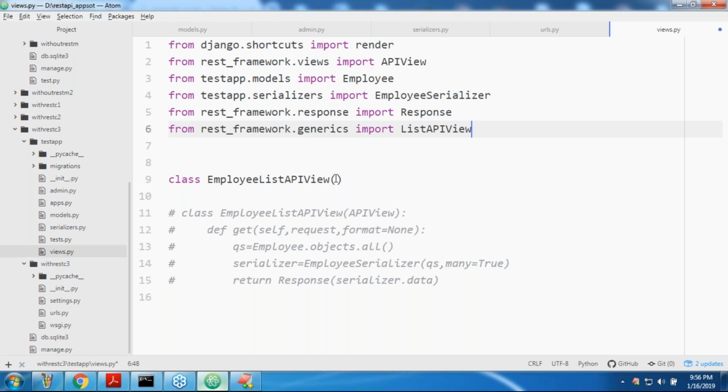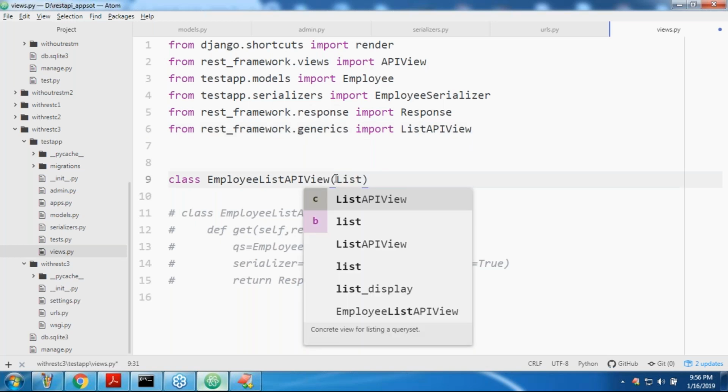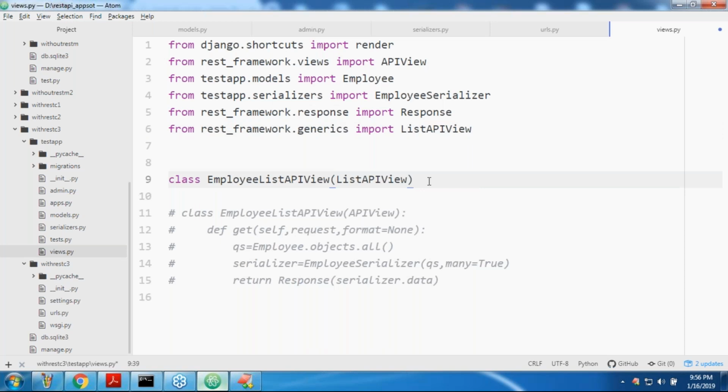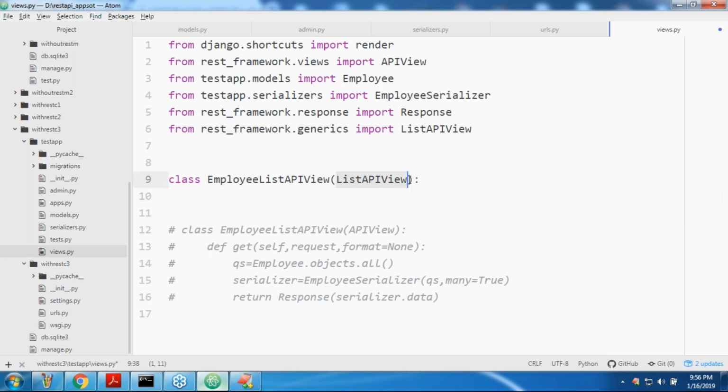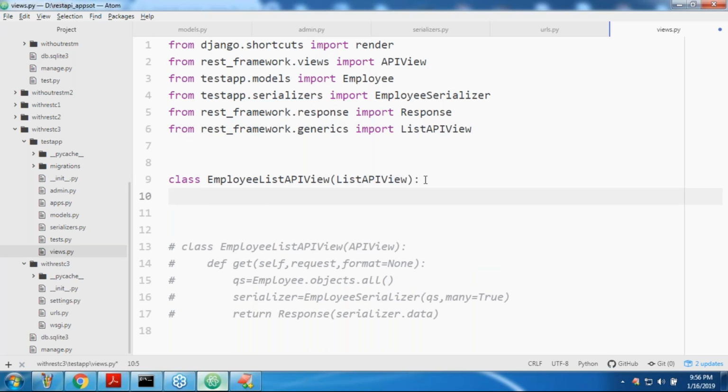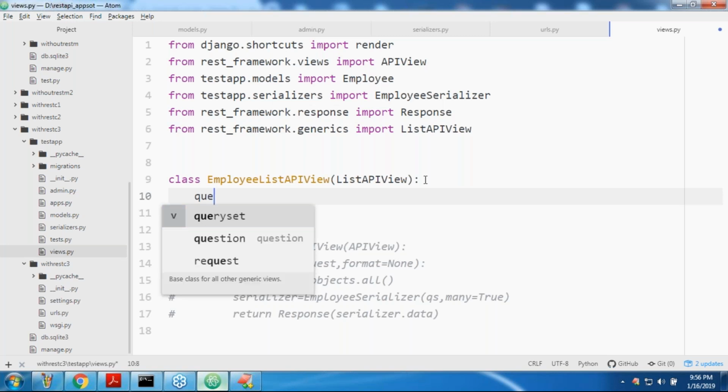ListAPIView is already specialized for list operation, so the get method is not required. What we have to do is very simple: just define queryset, a predefined word coming from ListAPIView.